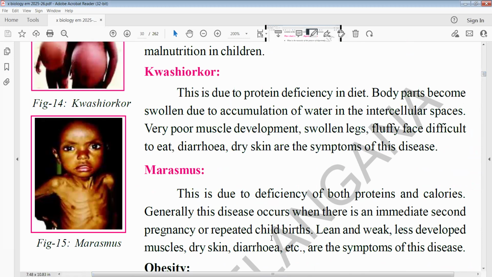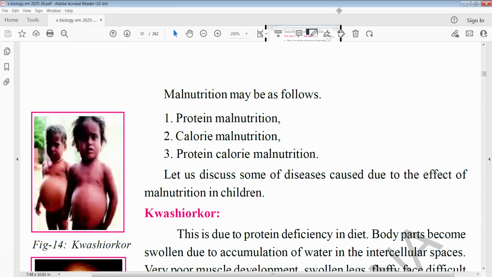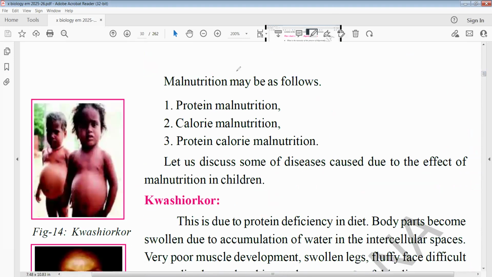So mainly here, due to malnutrition, three kinds of diseases we can see. So protein malnutrition, calorie malnutrition, protein calorie malnutrition. Protein malnutrition means, as the name itself says,